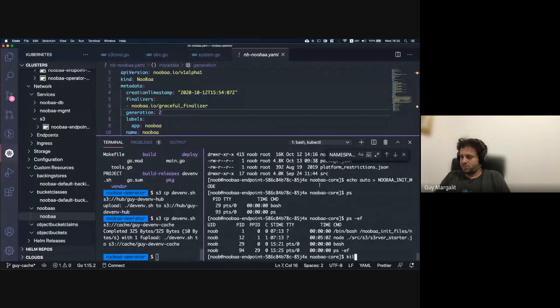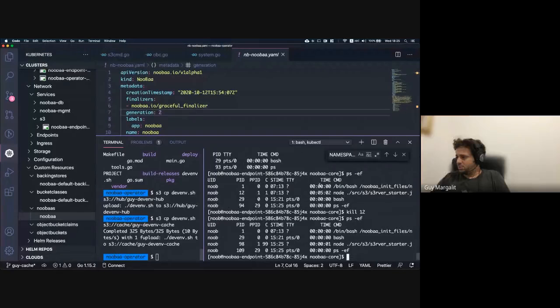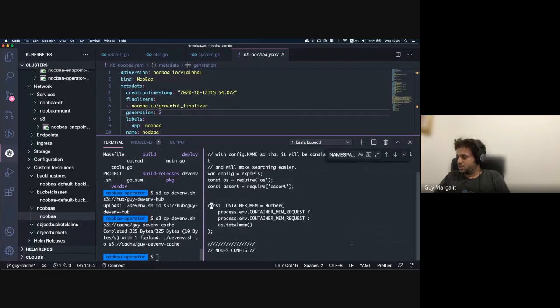So I might be able to kill 12 and get 98 being created, so it's good. So I can reload the code, and now I can go and edit config and just set this